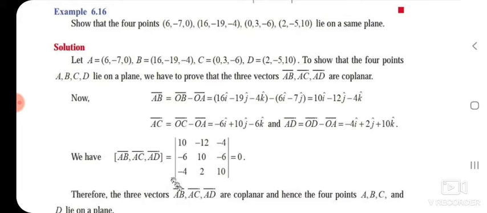In the last lecture, we discussed the scalar triple product, that is A dot B cross C, which is equal to the determinant of A1, A2, A3, B1, B2, B3, C1, C2, C3. It is simply a scalar quantity. It is simply the determinant of all the i, j, k components of vector A, vector B and vector C.